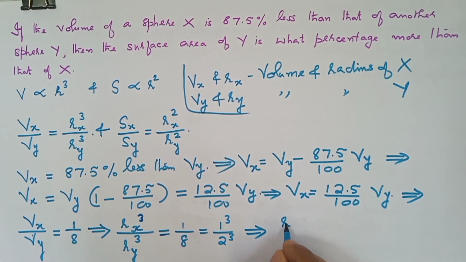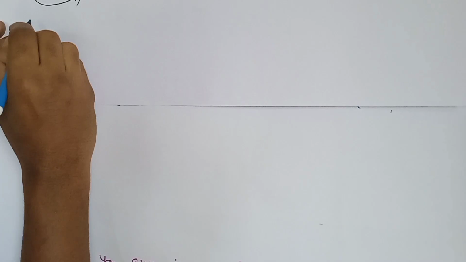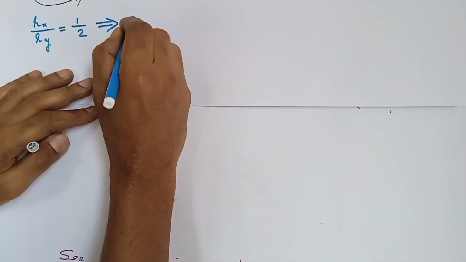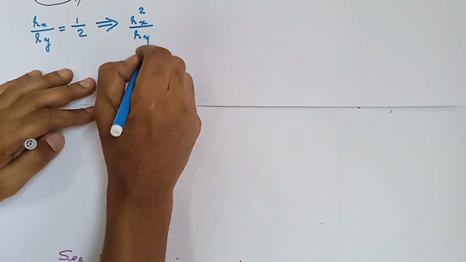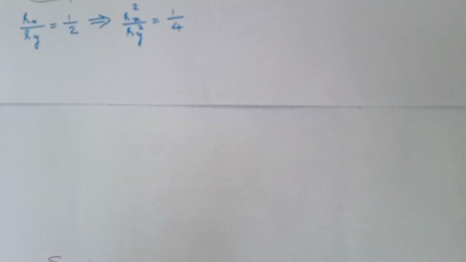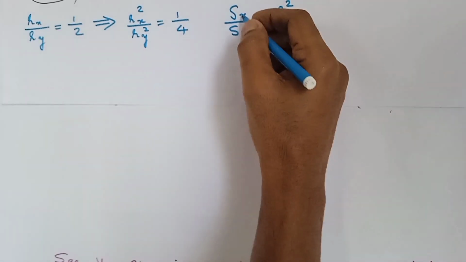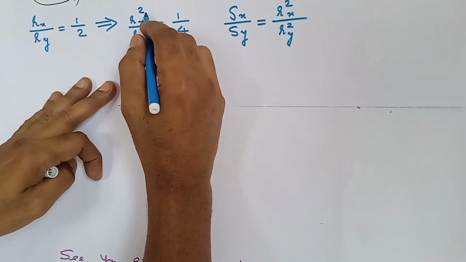You will have Rx by Ry equal to 1 by 2. Let me write it again. We will square both sides. One by 4. Now we have already seen that the surface area ratio is Rx squared by Ry squared. So comparing these two,